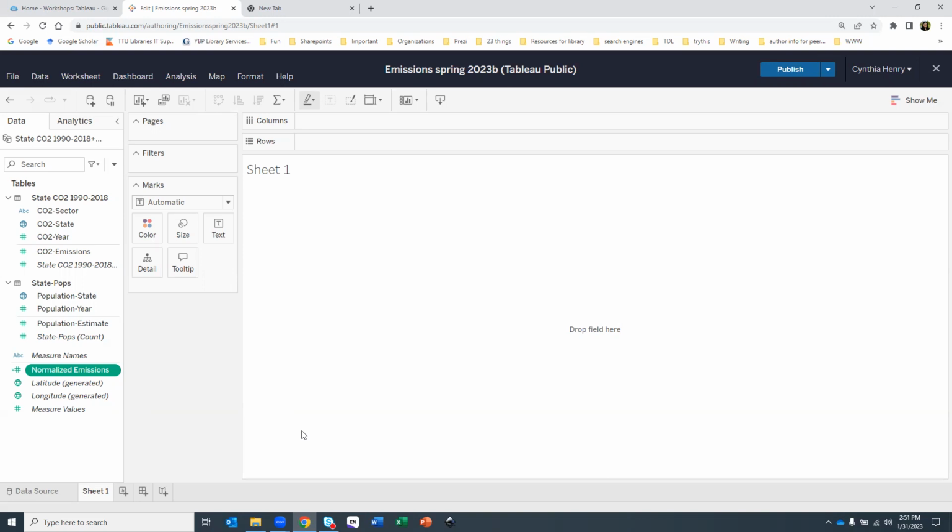So what can we create here? Can we create a bar chart with the normalized dimensions? Do you know how? Okay. So we can do this many different ways, but one way of doing this, we're looking at state and